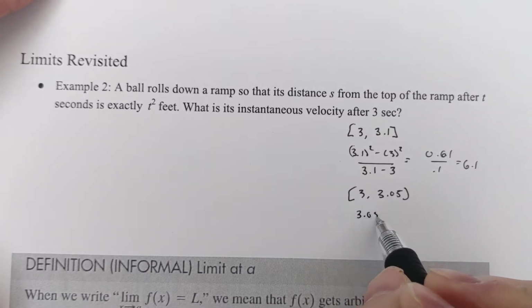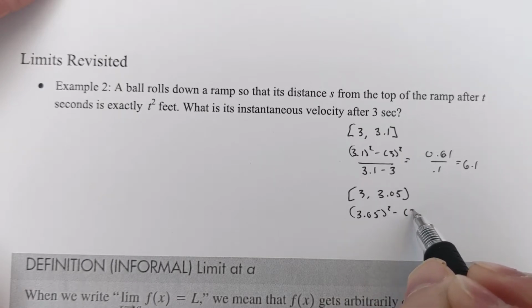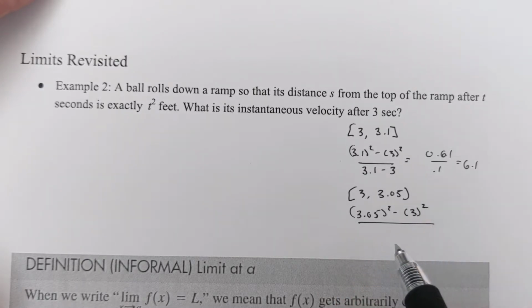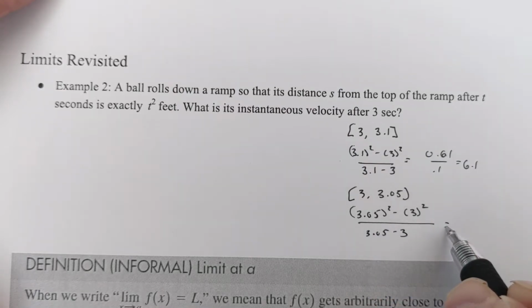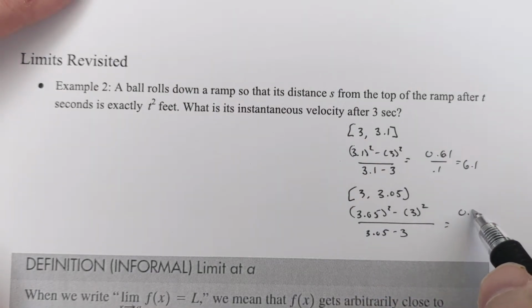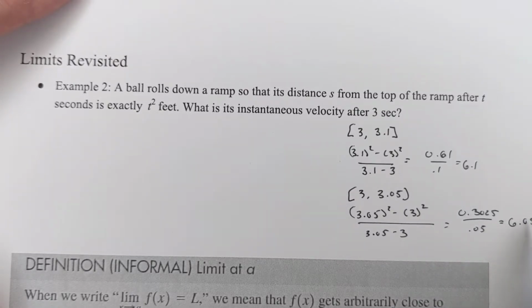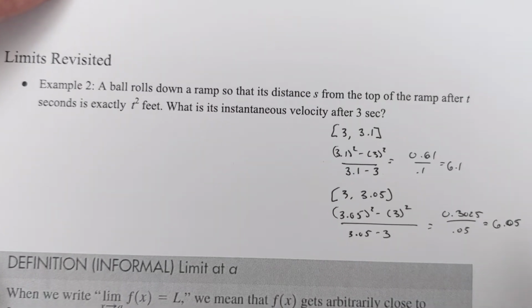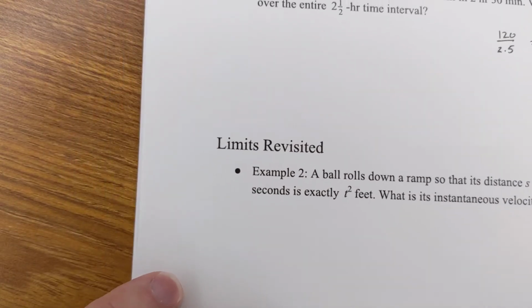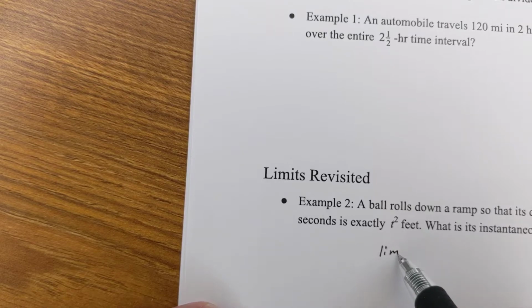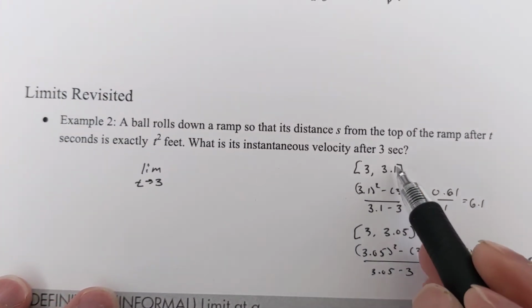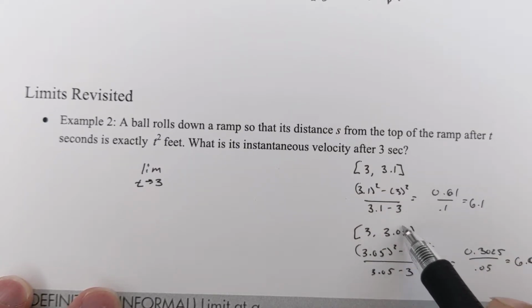So this would be 3.05 squared minus 3 squared over 3.05 minus 3. If I work this out, I get 0.3025 on top, I get 0.05 on bottom. This comes out to be 6.05. So it looks like they're trending towards 6. But if you look at it in terms of a limit, we're going to take the limit as t gets close to 3. So essentially this is just doing this step over and over again,